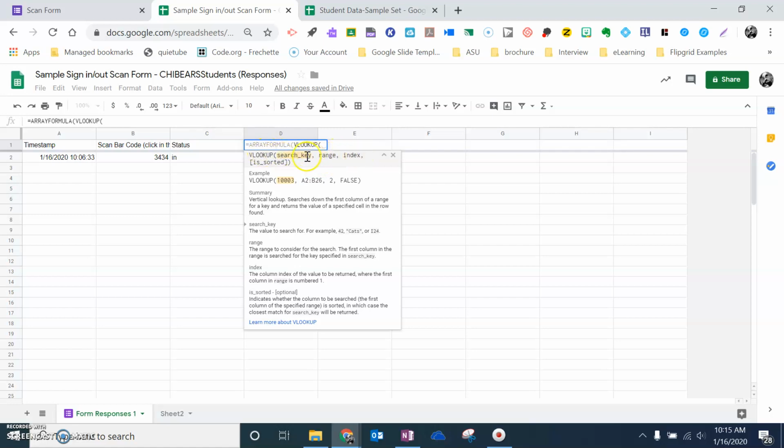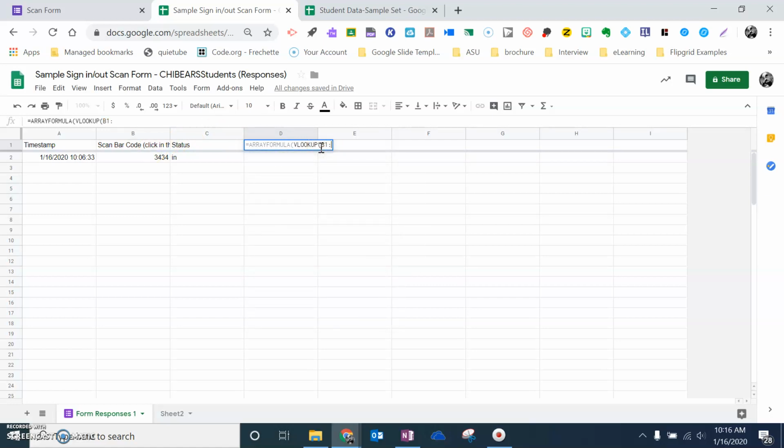So the search key is, again, where are you looking? And that's the information that's put in this. So again, right in the barcode under column B, that's where the student IDs are going to come through on the form. So I'm going to type in first the search key, and we want to use everything that's in there. So for this, I'm in cell D1. So I'm saying, hey, across from this cell in D, I need you to use this information. So that'd be B1. And even though there's no information there, it's fine. So I'm going to say B1,